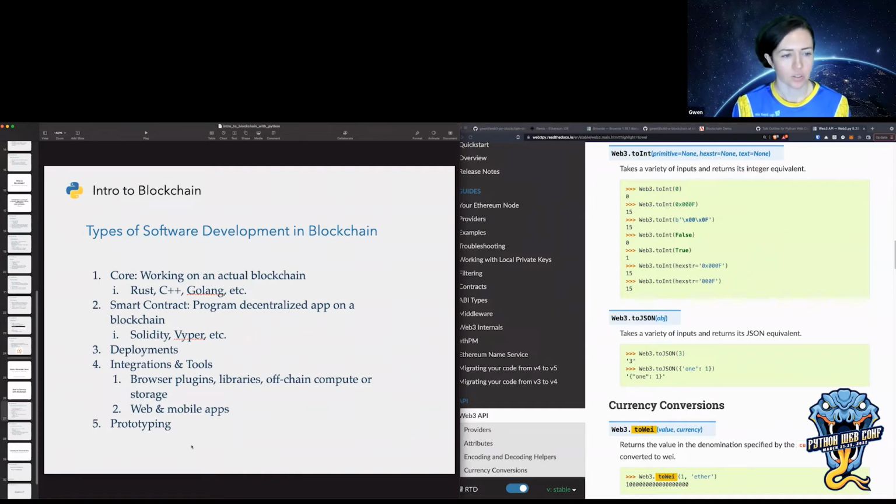So this is a lot of the work in the blockchain space. I think the first company that I worked with in blockchain, like an actual company, a lot of the work was that they were building a browser plugin, and then they needed a UI, and they needed all these other things to actually be able to interact. And the amount of smart contracts that we had to develop was a lot less compared to the code for the browser plugin and for other features and for the deployments and everything.